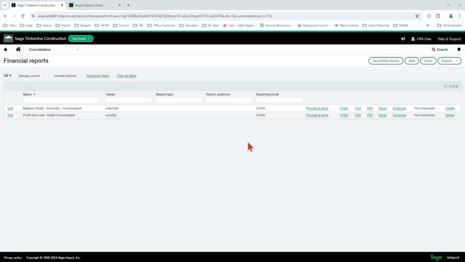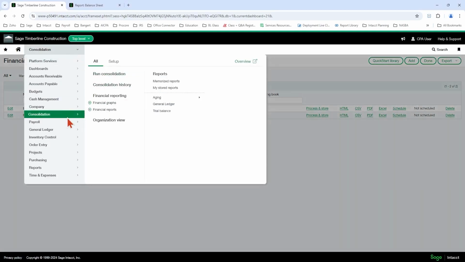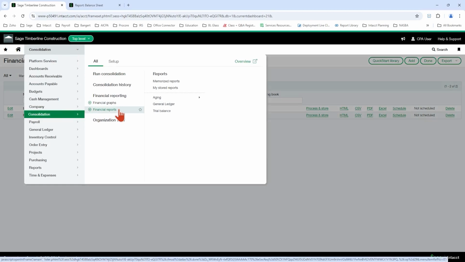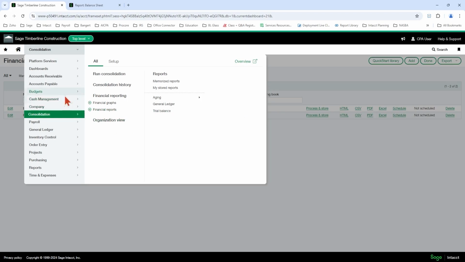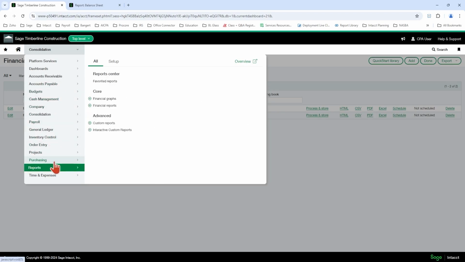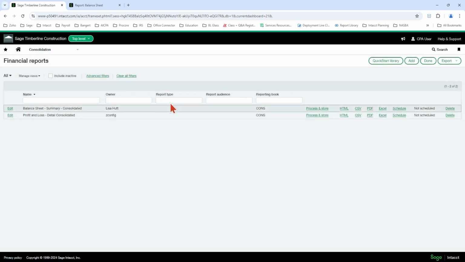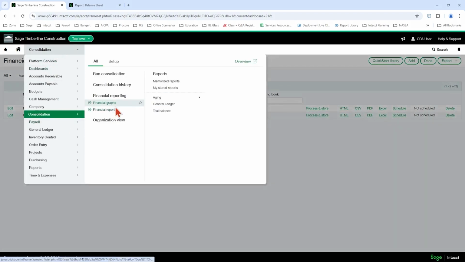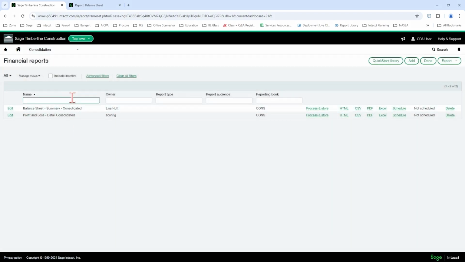So to run and set up or adjust consolidation reports, they're going to be here in your consolidation financial reports area, if you've bought the domestic consolidation feature. If you are manually consolidating and you have created your own financial report with expanded locations and entities in a consolidating balance sheet, they're going to be in your normal reports, financial reports area. Okay, but I'm going to use the consolidation financial reports area, the ones that come if you buy the